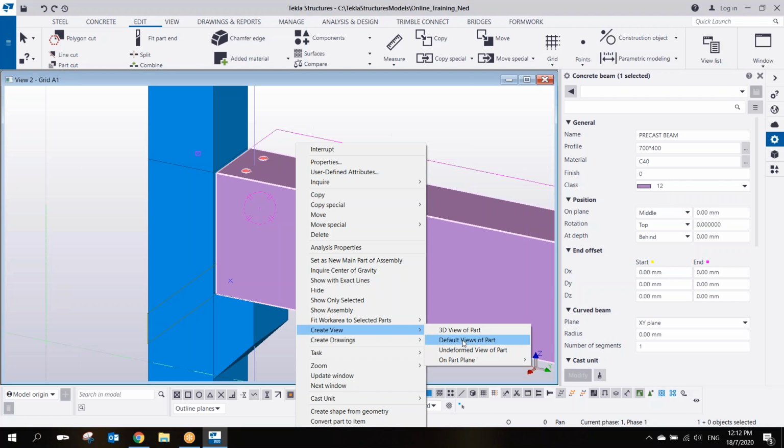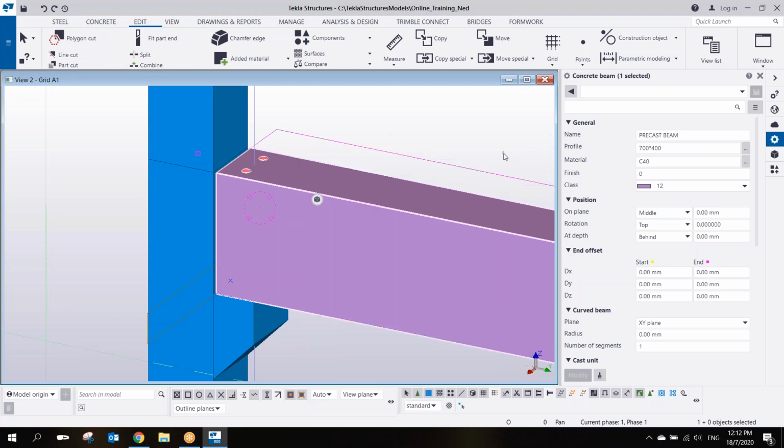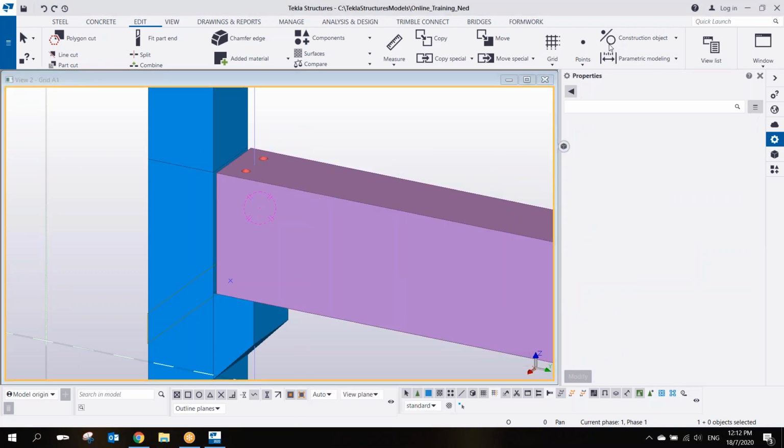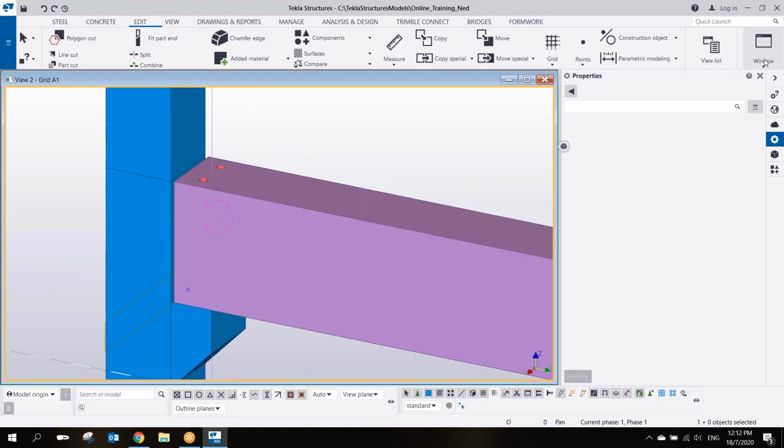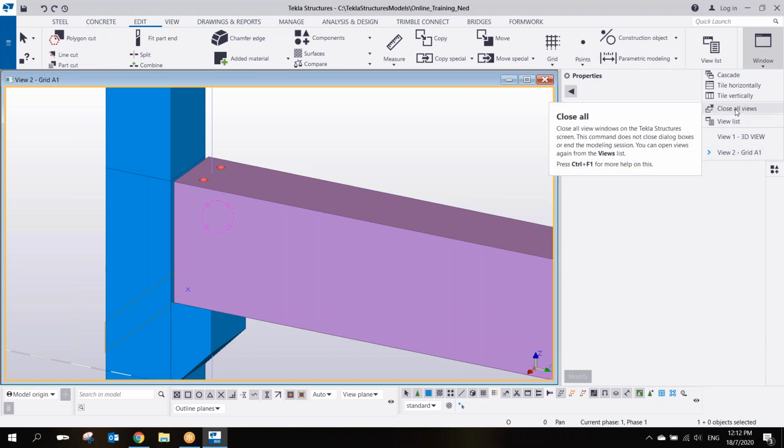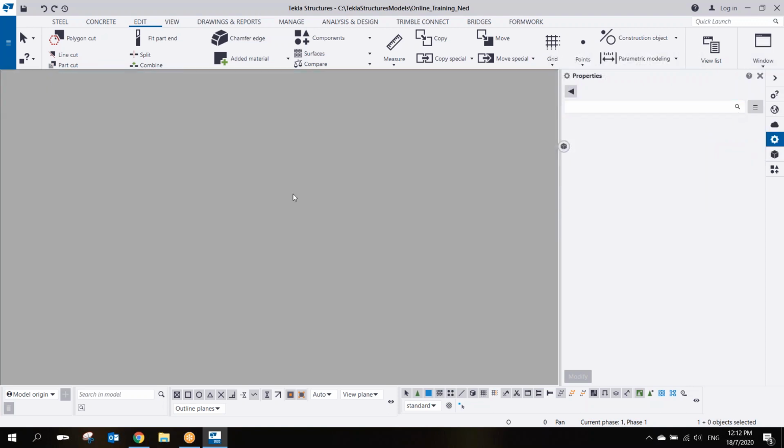But I have so much on the list. Okay, yeah, that's the reason. You will not be able to get the new view parts if you have a lot of views here. So you better close some of the views that you are having. So what you can do is simply refresh the view, close all, and then